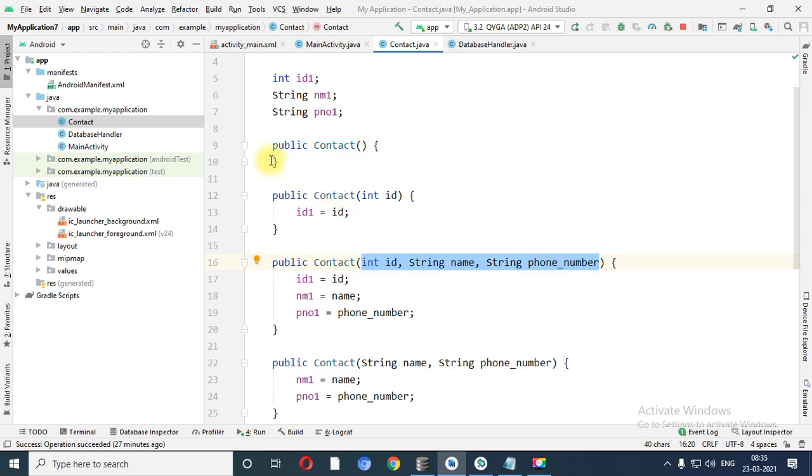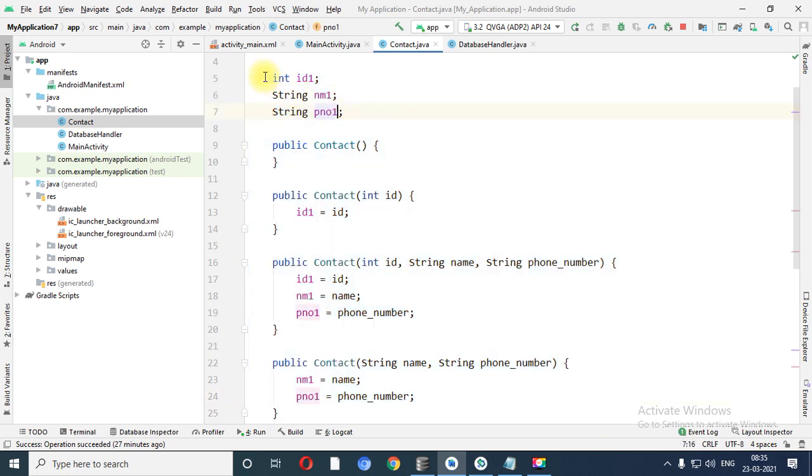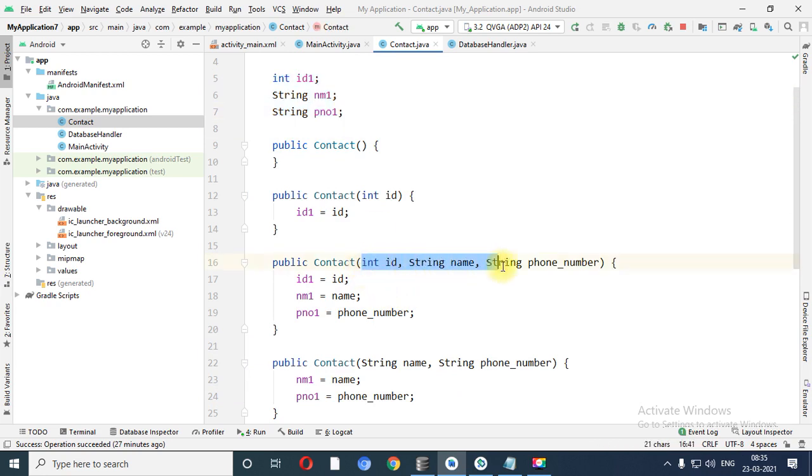Now see, this portion is already there in C++, even though I am going to repeat it once again. This is the local variable of class and this is the variable which you have declared inside the argument. So don't get confused between ID1 and ID.